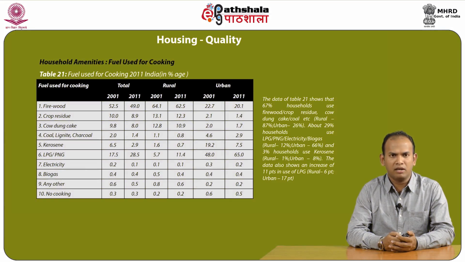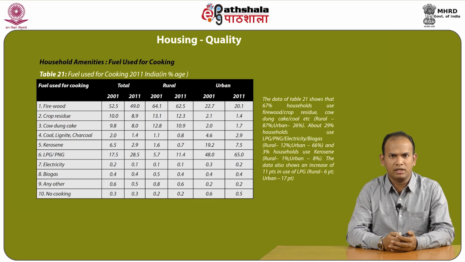The categories are 1. Firewood, 2. Crop residue, 3. Cow dung cake, 4. Coal, lignite or charcoal, 5. Kerosene, 6. LPG or PNG, 7. Electricity, 8. Biogas, 9. Any other, or 10. No cooking. Overall, the data of Table 21 shows that 67% households use firewood or crop residue, cow dung cake